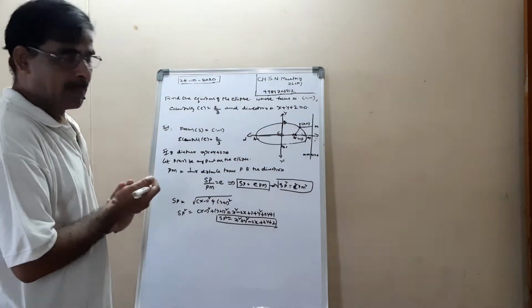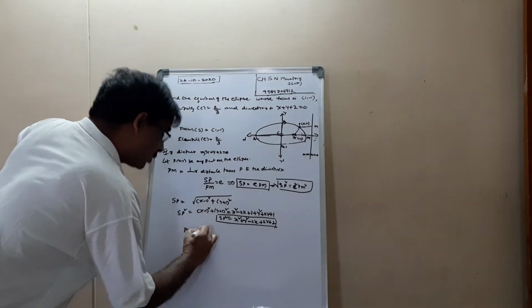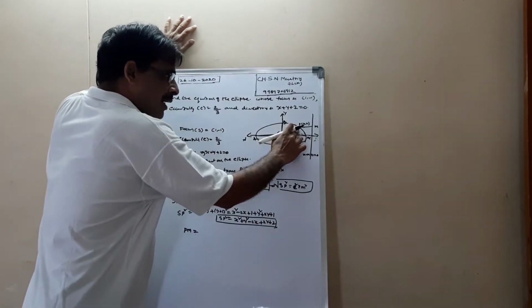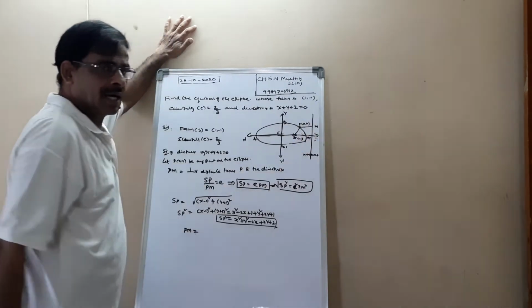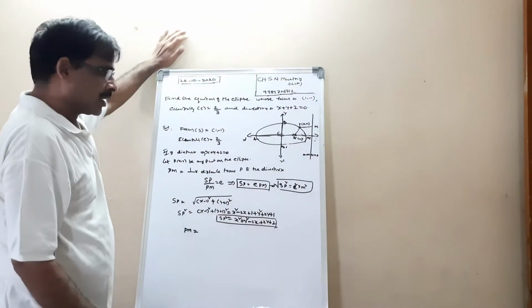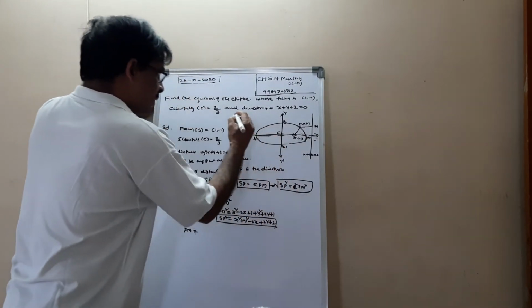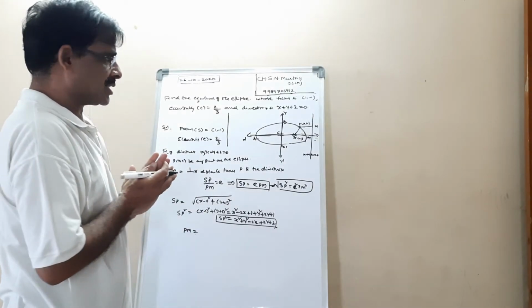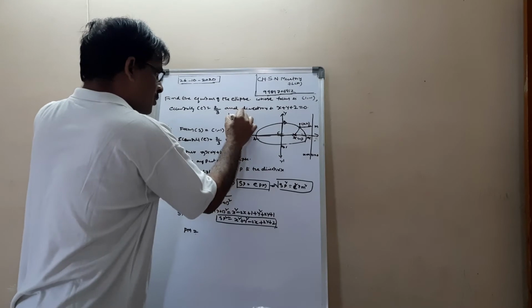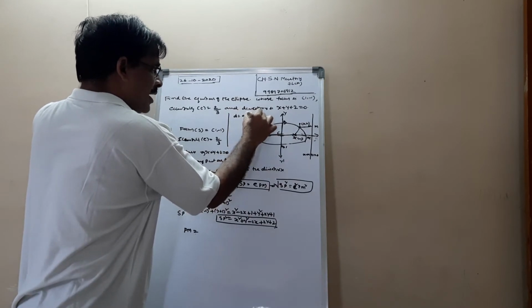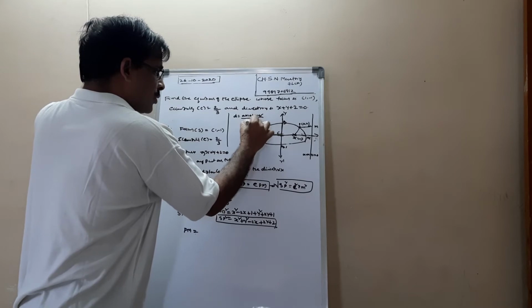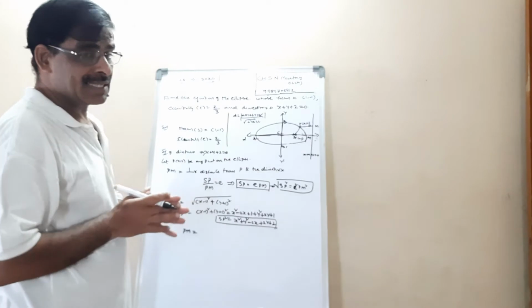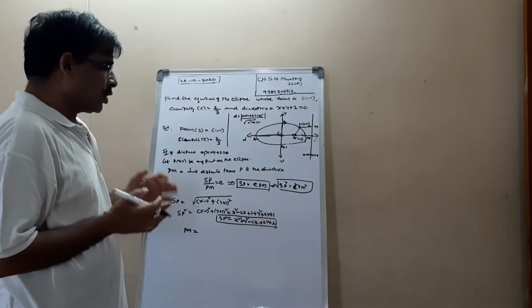Now let us find PM. What is PM? I already told you about PM. It is the perpendicular distance from the point P to M, which is on the directrix. In your previous intermediate, we studied the perpendicular distance d. What is d here? d equal to modulus of (ax1 plus by1 plus c) by square root of a square plus b square. It is modulus because the length is always positive. Using that formula, you find PM.